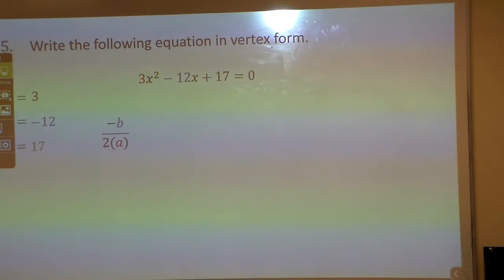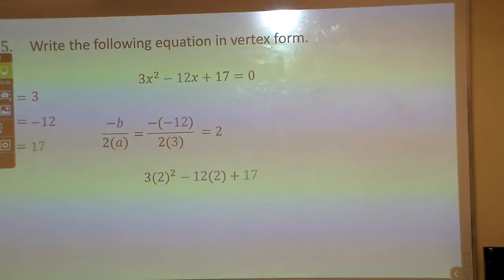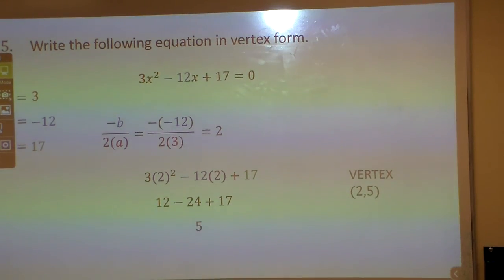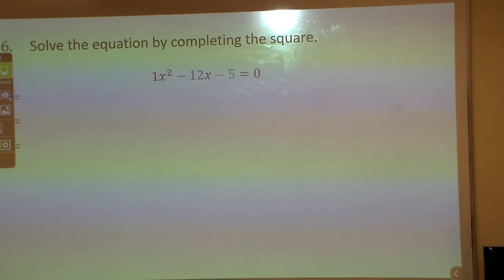or my favorite way to do it, negative b over 2a is the vertex. Negative 12 makes it positive 12 divided by 2 times 3, which is 6, which is 2. And just plug a 2 in to the problem, let the calculator do the math, and you get a 5. So I know the vertex is then at 2, 5, and I know the a value is 3, so I could write the equation that way also. Okay,